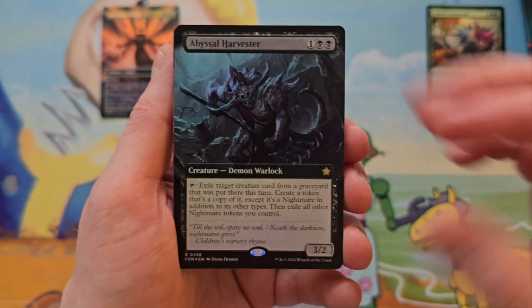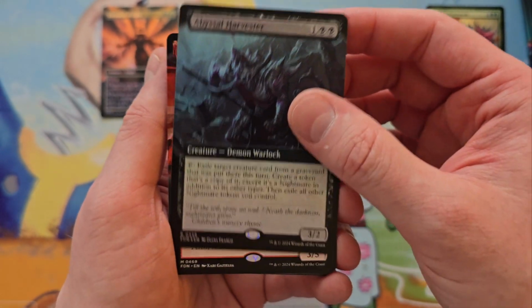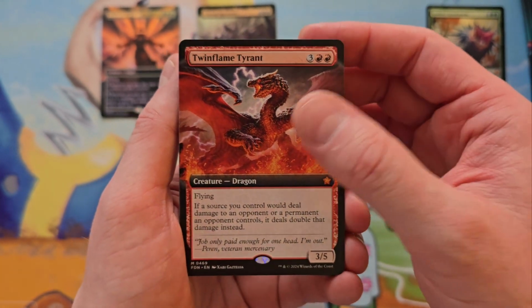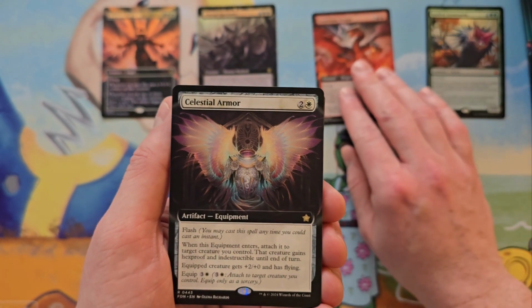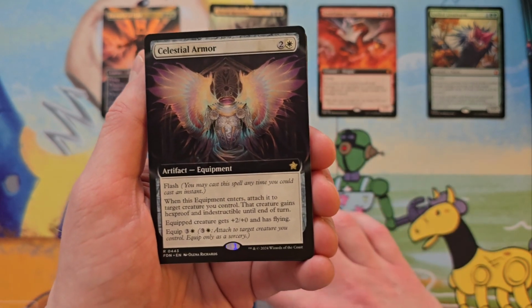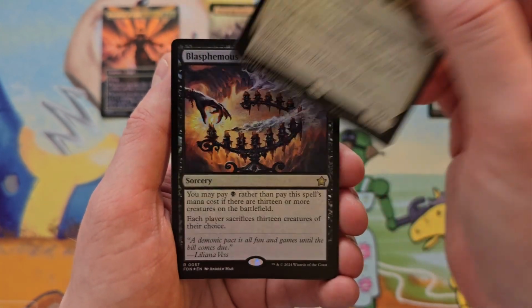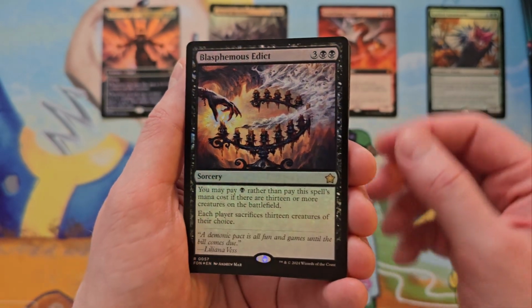Abyssal Harvester, so that is something I haven't pulled yet. I don't think it's a hit, but that's... Hey! Borderless Twin Flame Tyrant. There's a good mythic. Celestial Armor. That time in the extended art. Another Sky Knight Squire, all right. And Blasphemous Edict, which is an excellent...